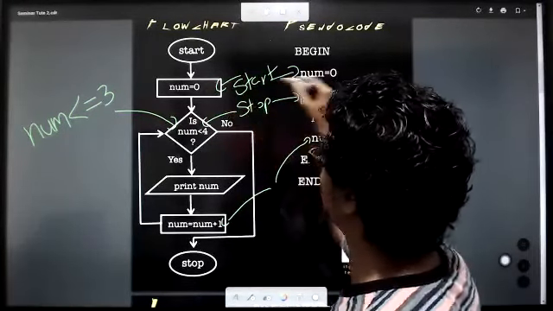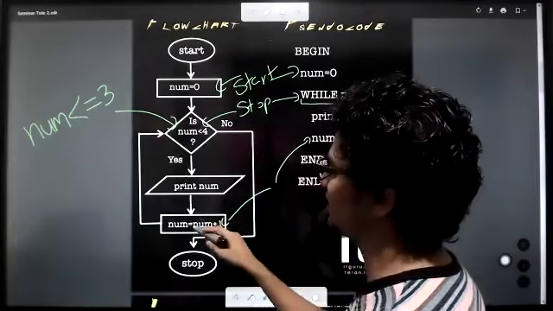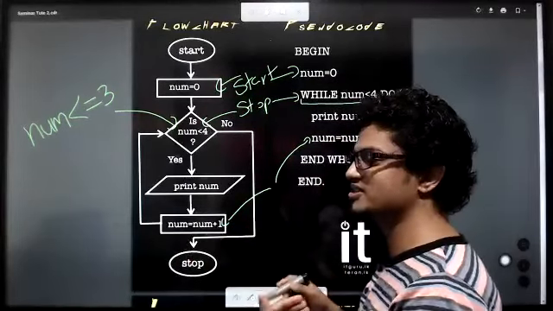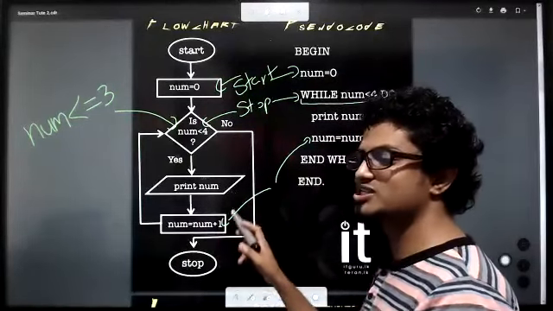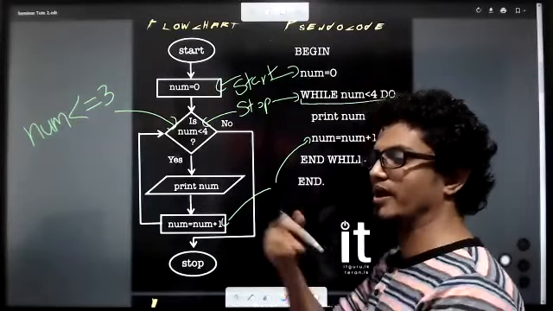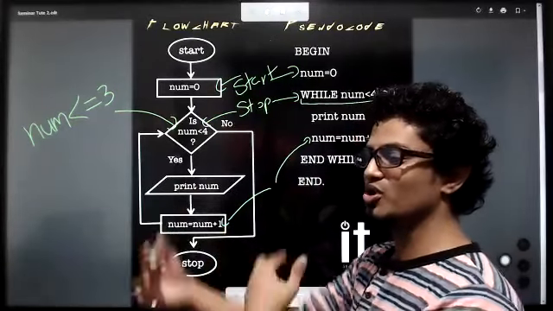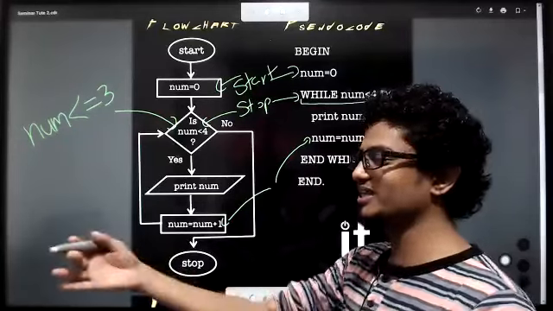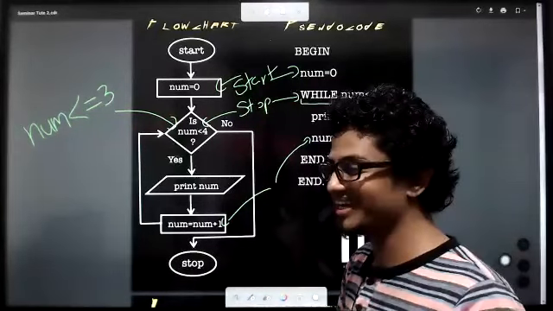So we are starting off with 0 now, and we are going in the positive way. It's always plus 1. So 0 plus 1 is 1, 1 plus 1 is 2, 2 plus 1 is 3. So we are going in the positive way. It doesn't go in the negative way, right?